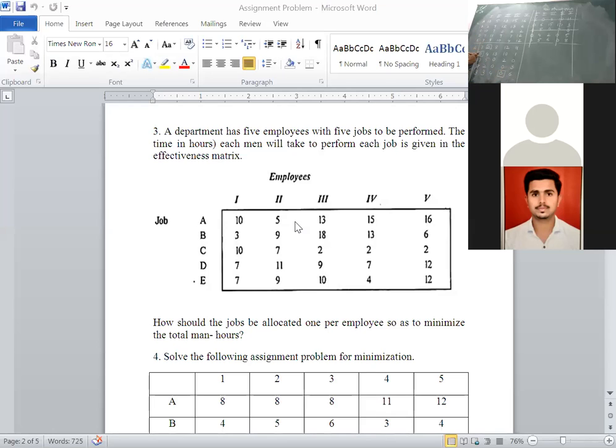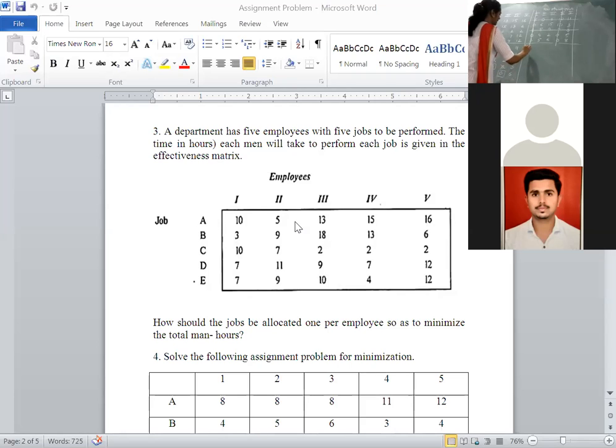Whenever you have made a square, in this particular column, any other 0 found, cancel it out. Then fifth row, you are having a single 0. In this particular column, if any other 0 found, cancel it out. These 2 zeros cancelled out, remaining is a single 0. Mark it with a square. In this particular column, if any other 0 found, cancel it out. Third row, this 0 cancelled out, remaining is a single 0. Got 5 assignments? Yes. This is your optimal solution.